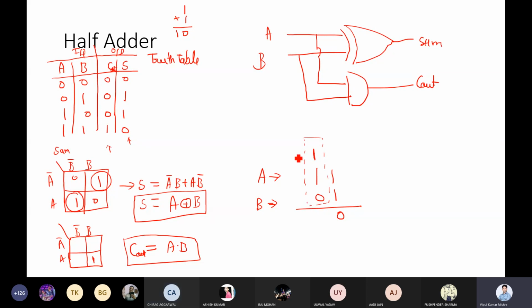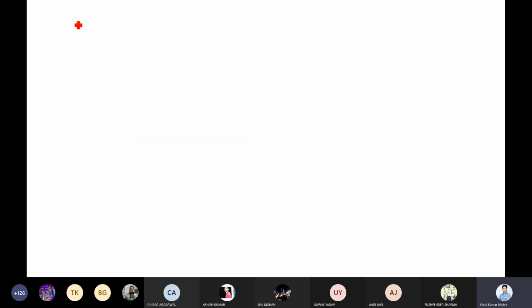So that is the problem. Here in this half adder, we have not taken care of C in, or you can say carry in. And that carry in is required whenever you add 1 plus 1. Whenever you have 1 plus 1, the carry will come into the picture in the next summation. So we require another kind of adder that should take care of the carry also. Suppose I want an adder which has A as an input, B as an input, and carry in as an input.